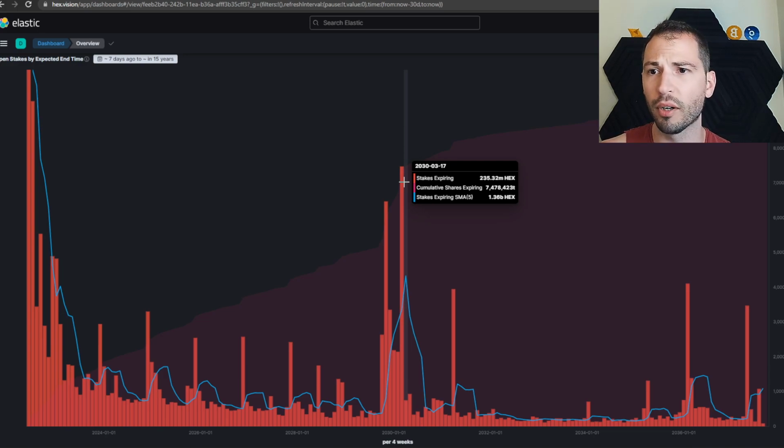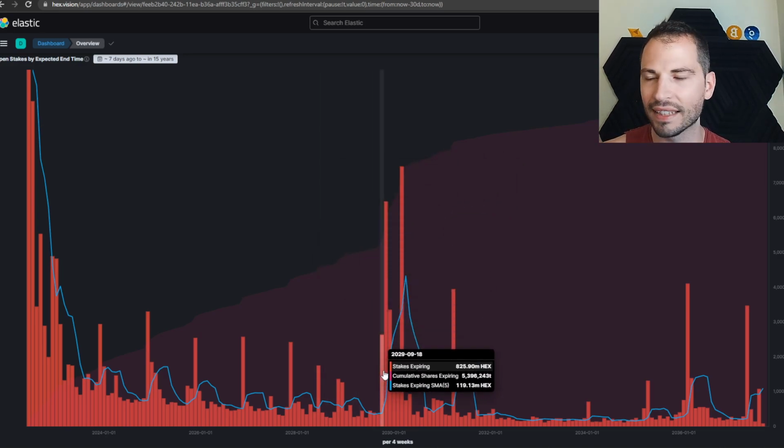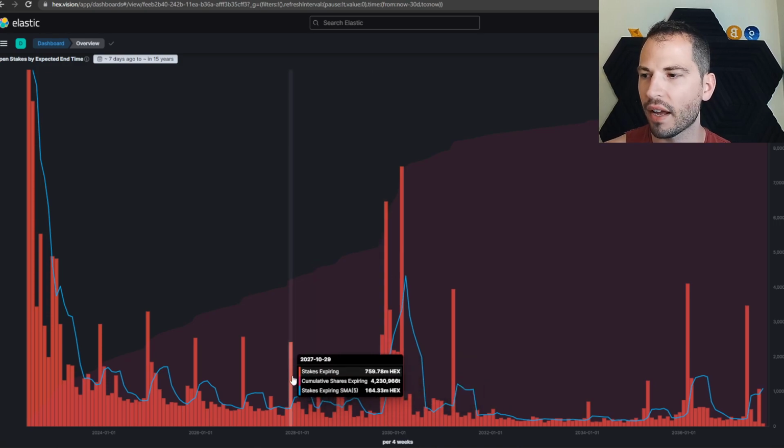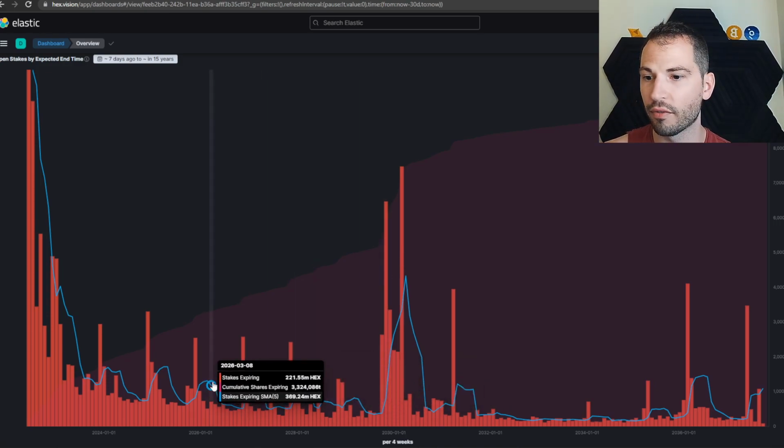crypto community out there. Personally, based off what I've seen there, they really do try to get new people in. That's great. I'm not a maxi at any coin, so I disagree with the whole maxi part of it. But I think looking at the stakes, the end stakes, seeing when it's going to be done, being aware of that. Of course, if you're going to buy and stake, you want to be aware